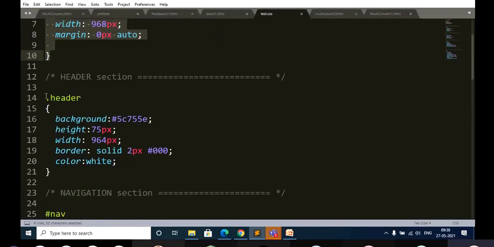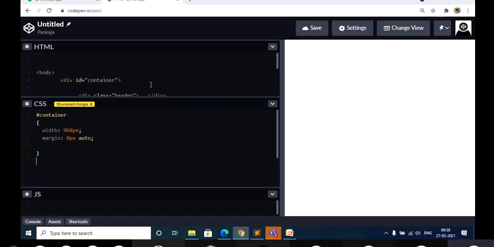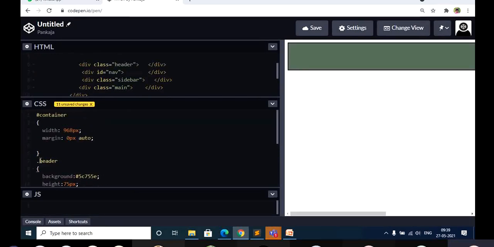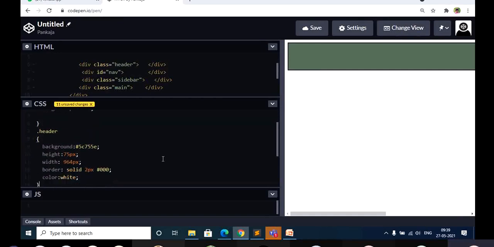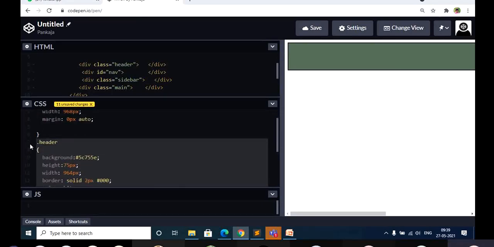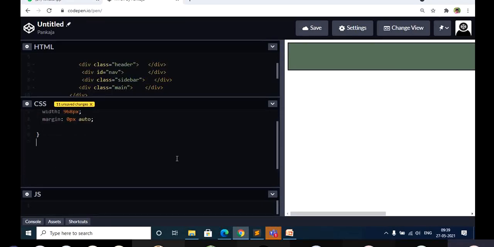I will go with the header section. I have specified the header as a class, so it is given with a dot only. It's correct. Can you see? As soon as I add the code, you can see the header part, where you can specify some of the heading information.